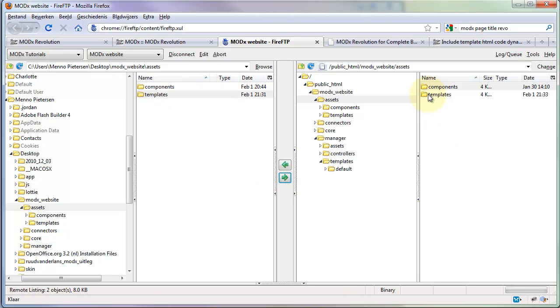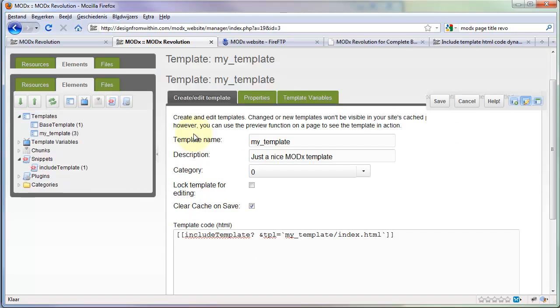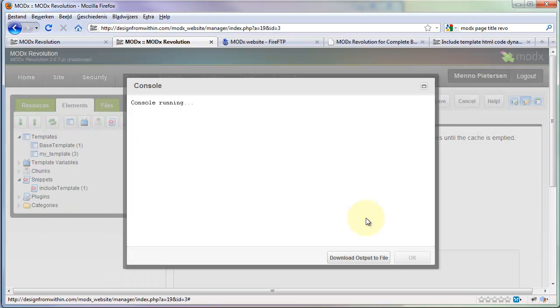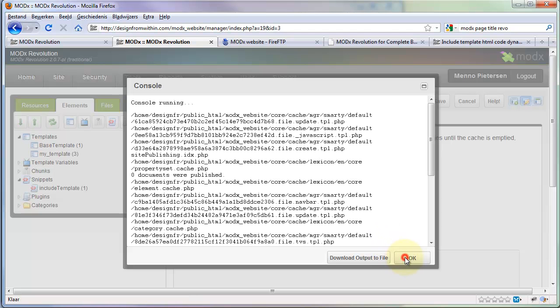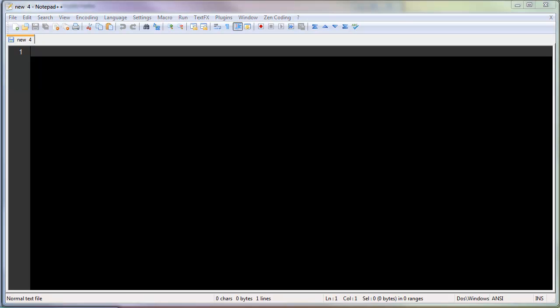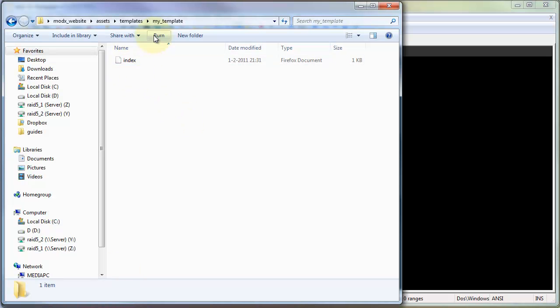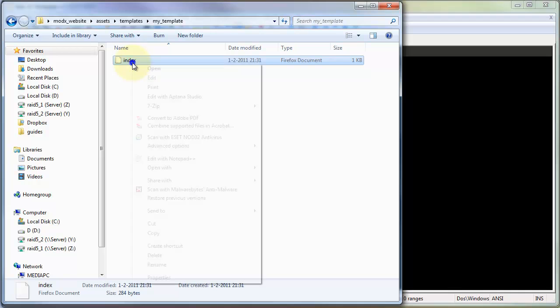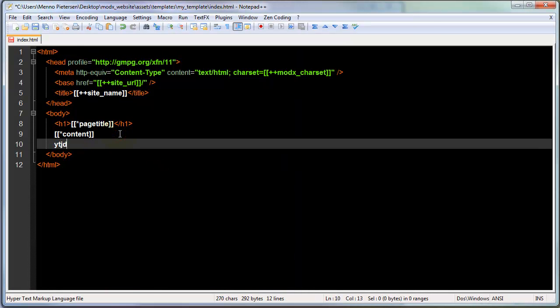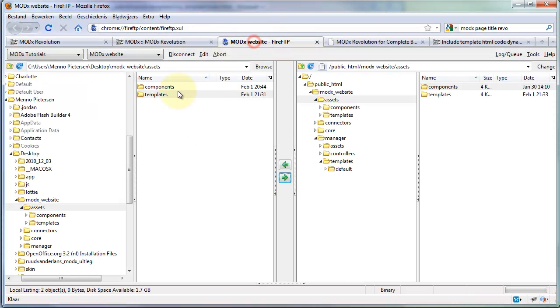Simply going to add this online, and now if I save this, clear my cache, and if I refresh, nothing should change. And the beautiful thing now is if I change any code of our template, so let's open our template file, so assets, templates, my template. If I edit this, let's just add some demo code, save, and if I upload this now,